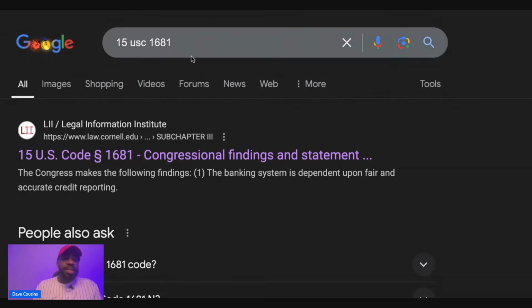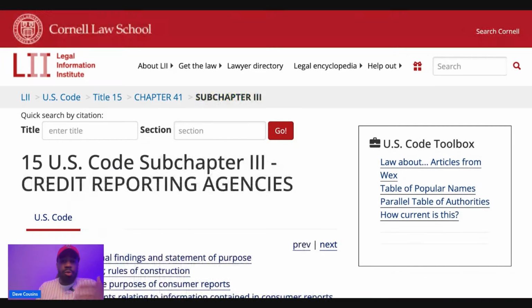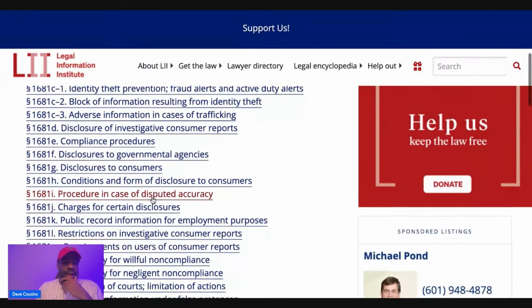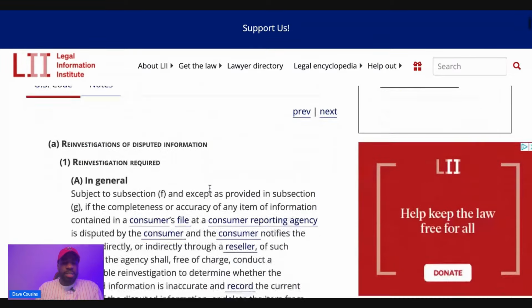Hold up. Now, the reason why you want to wait 35 days is based off of this law. 15 USC 1681. Don't take my word for it. I want you to read the law yourself. 15 USC 1681. Now, what you want to do is go to the subchapters and then go to I. Now, once you're on I, procedure in case of disputed accuracy,